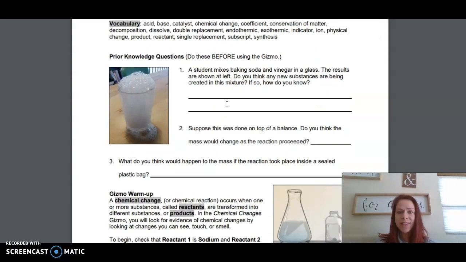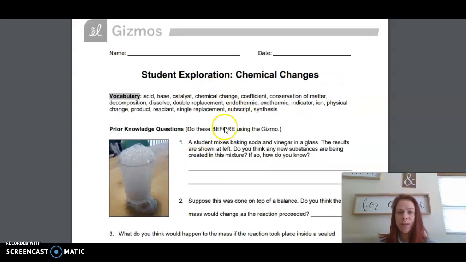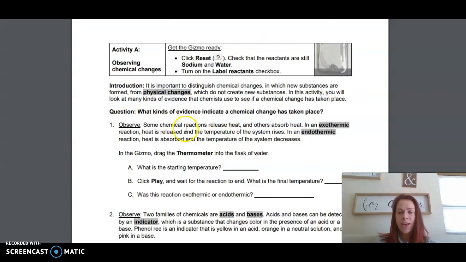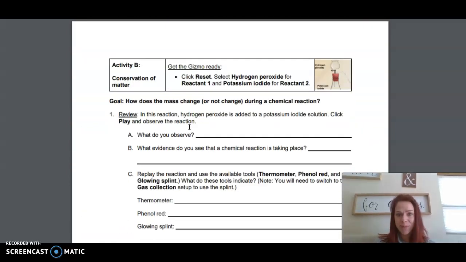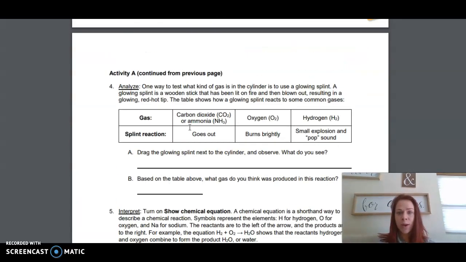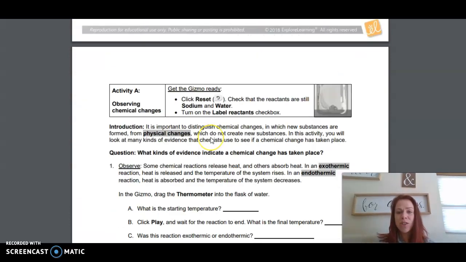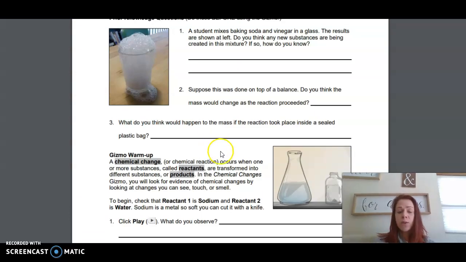And so on Wednesday, I want you to do the pre-knowledge questions and the warm-up, as well as activities A and B. So that might seem like a lot, but that's why we're splitting it over 2 days. It's actually not going to take you that long. So what you need to do is read the instructions very carefully because it will tell you exactly how to